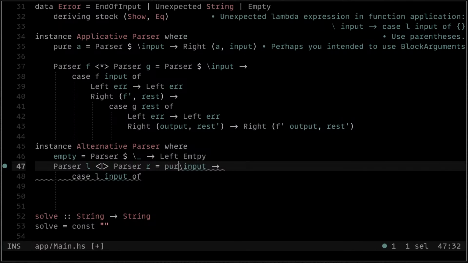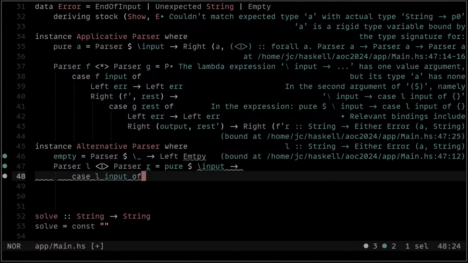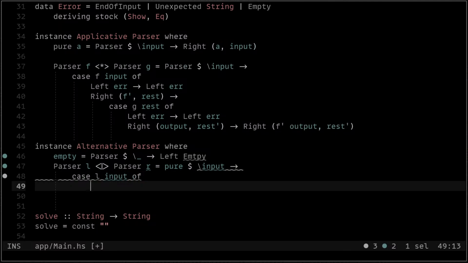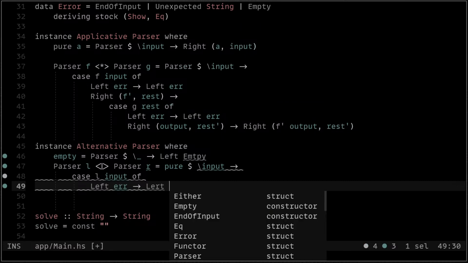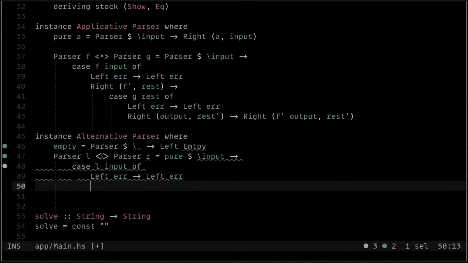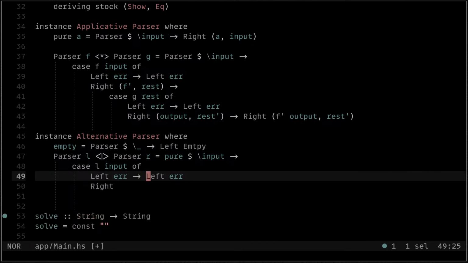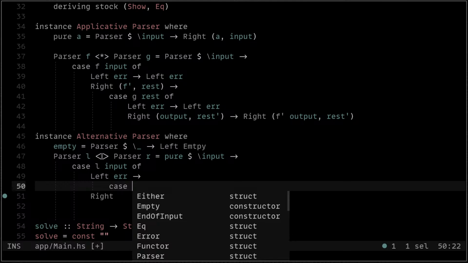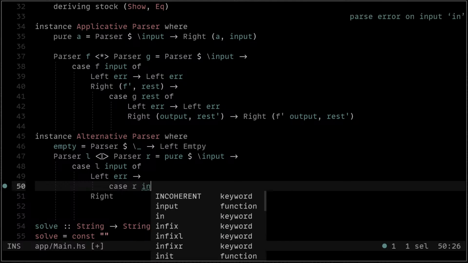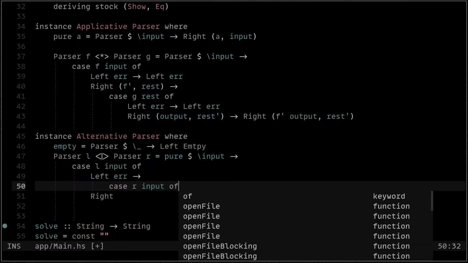I could say pure at this point. So given some input, case input of, and then if it's Left error, we just want to return that error. And if it's right, no, we don't want to return the error, sorry. We want to run case right input of,